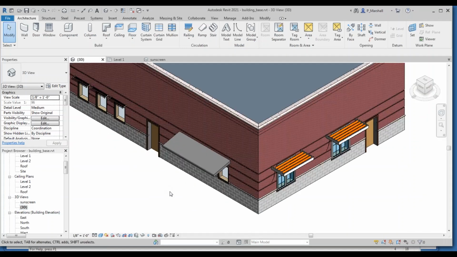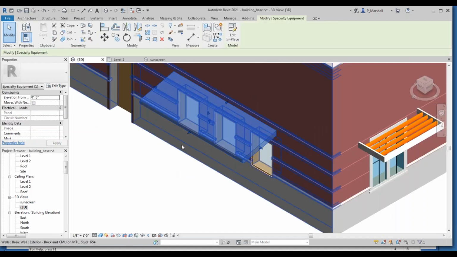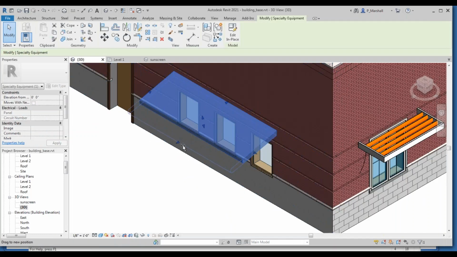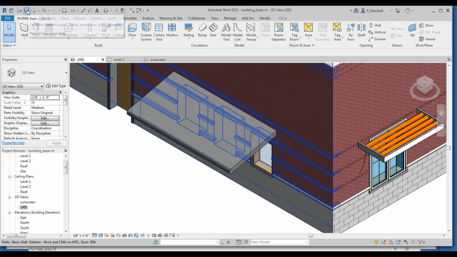And maybe the architects looked at this and maybe they've done some shadow studies, and maybe they've decided that they need more protection in the July sun to protect these windows. So they've now said, I need this sunscreen to be bigger. So they drag it out like that. This is the sunscreen I really want. So now let's save that file